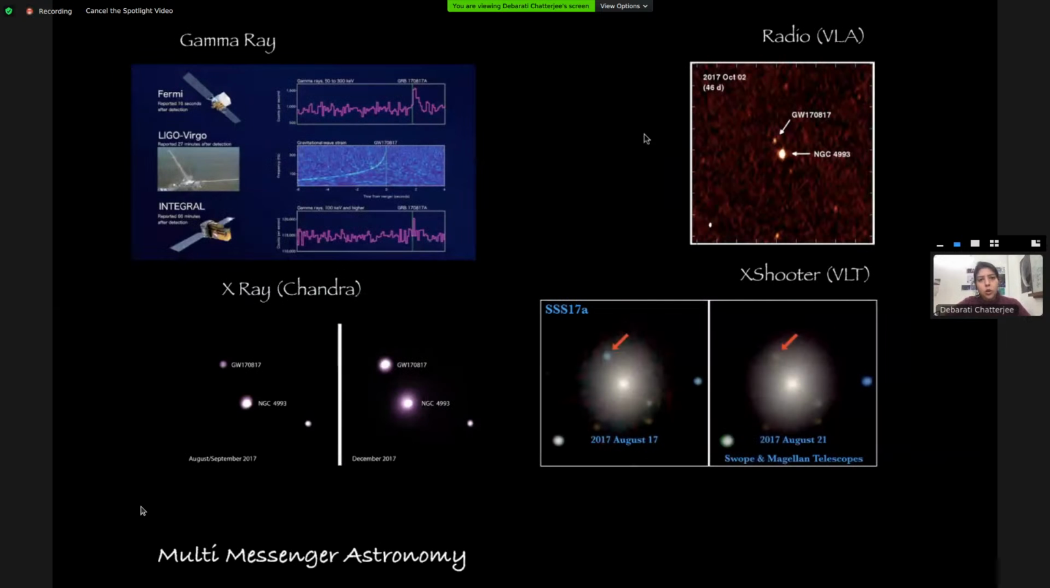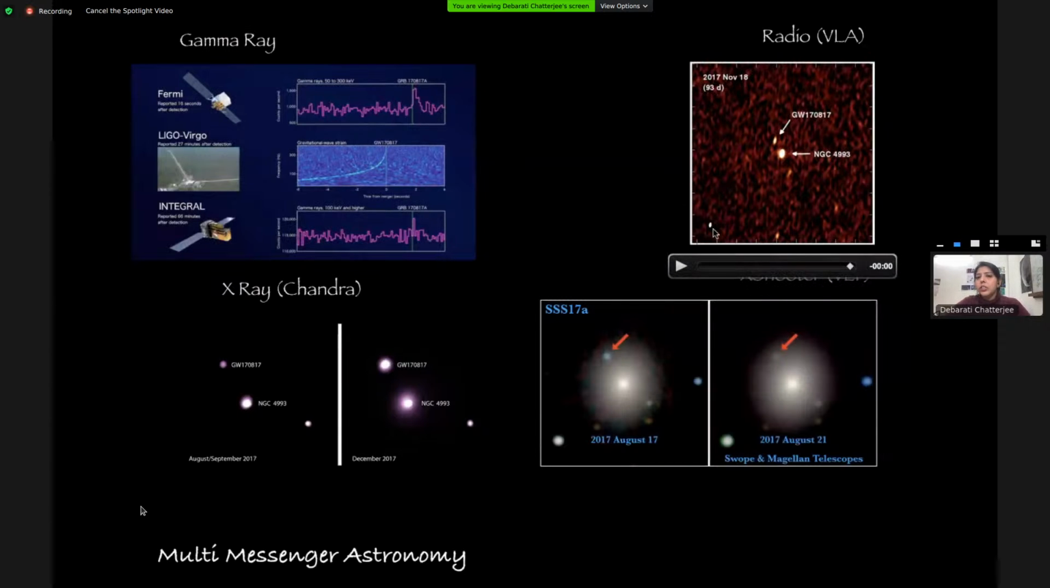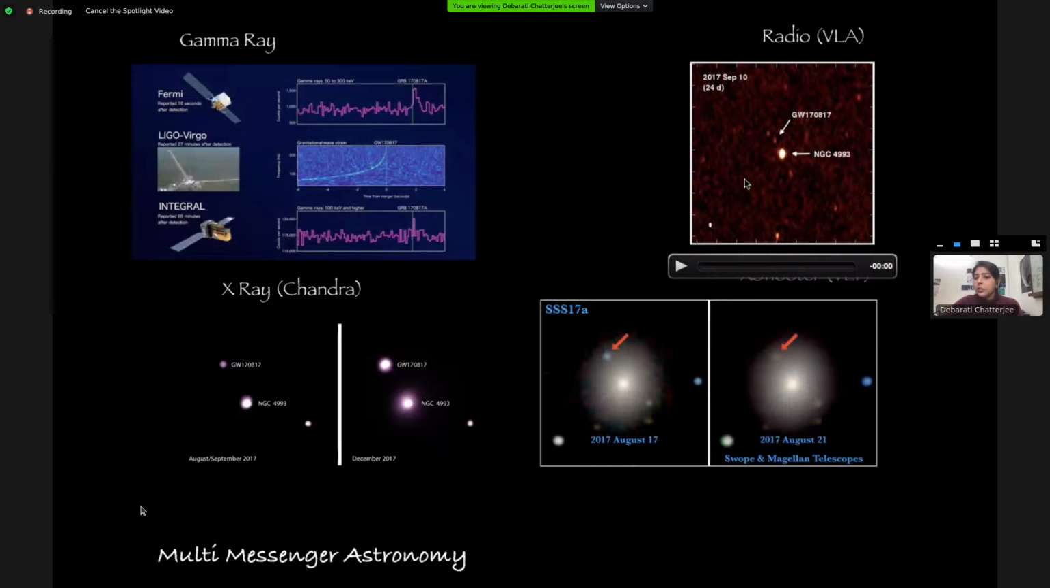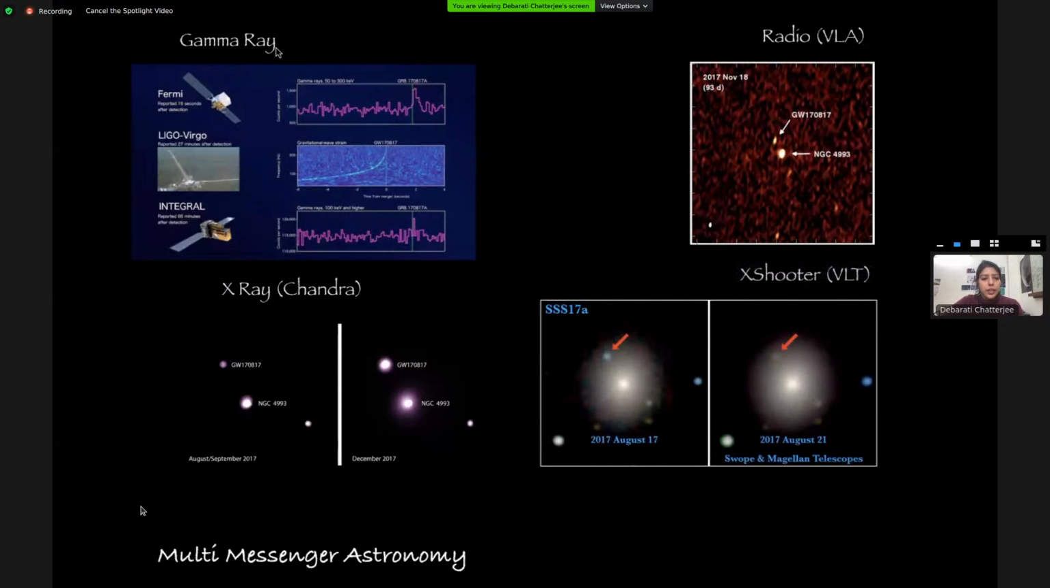We have collected a lot of information about these objects. The VLA detector gave us information about the radio frequencies of the gravitational wave GW170817. The gamma rays from these objects were collected by the Fermi and Integral telescopes, which are space-based telescopes. Not only that, X-rays were also picked up by the Chandra telescope, and the X-shooter on the VLT also told us